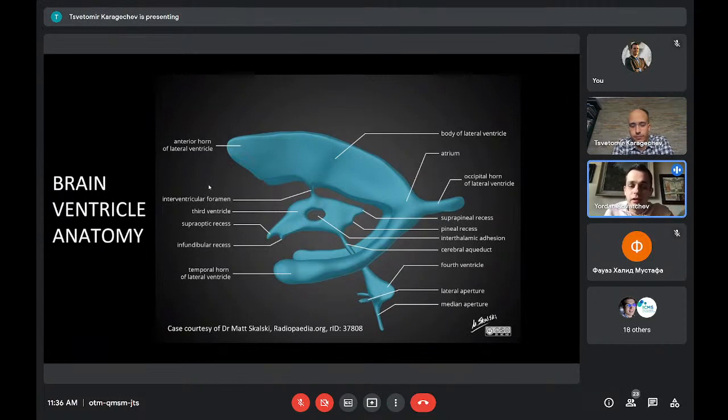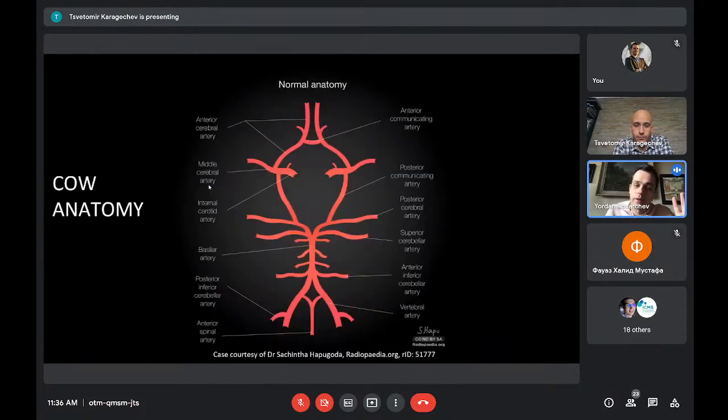And on the next slide, I will show you the overall arterial anatomy of the brain. Again, there are many arteries. I don't expect you to know them now or remember them from this talk. I just want you to be aware of them and research them after you understand their connection, their importance to the emergency head CT. But basically right now, when we start from the bottom up, we see the posterior circulation